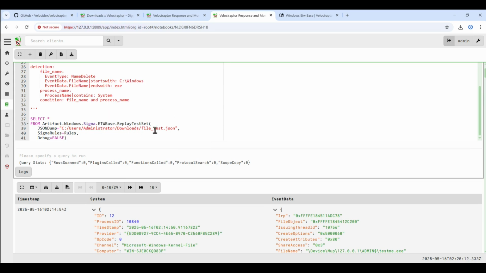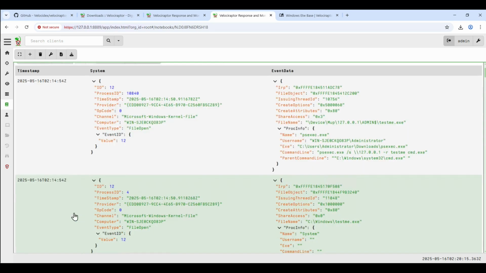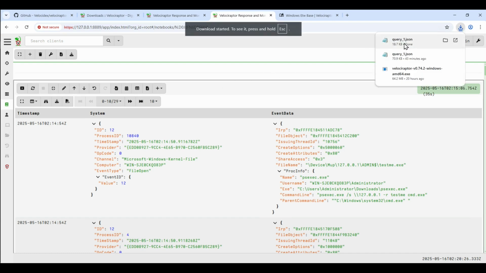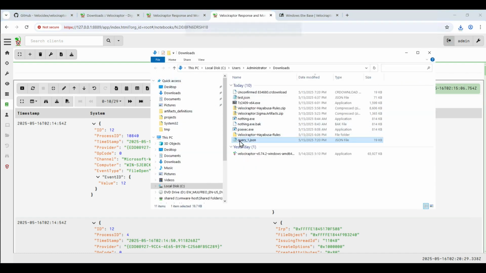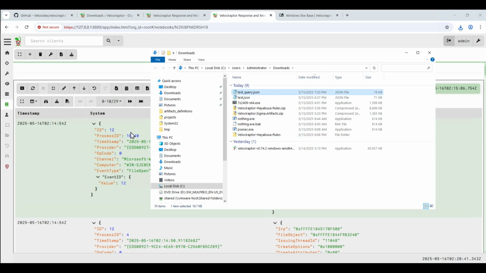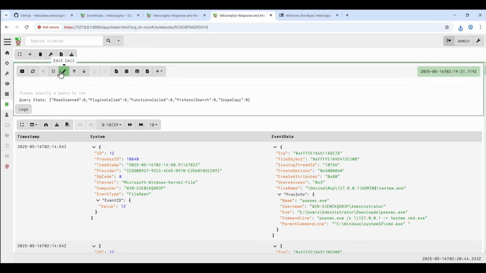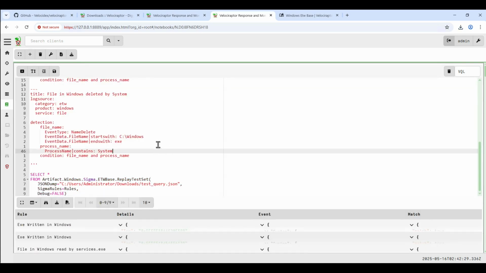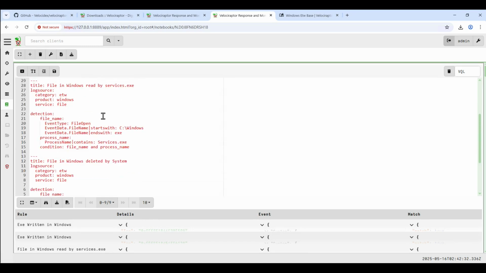And then we're going to replay these detections from the JSON file, but first we have to save the JSON file, right? So let's do that. It's this one, download JSON. So this is the event data that we had before, so we'll save it, and then let's rename it to, what did we call it last time? Test. Okay, so let's go over here. So we're going to just run these detections again against the replay file,